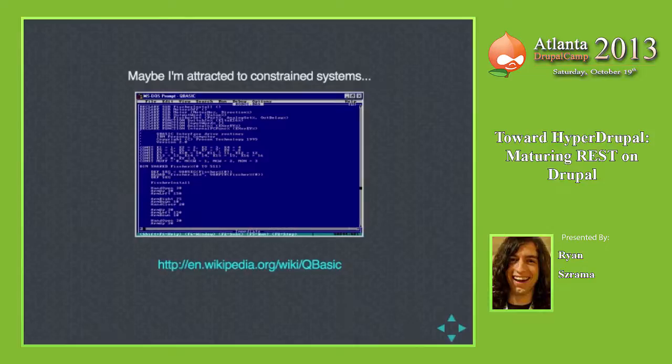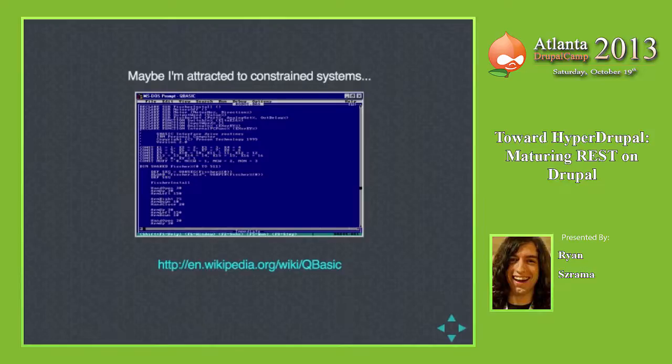But I am kind of attracted to the idea that if I have a set of constraints that I know about and that everybody else developing stuff knows about, you can apply your creativity and ingenuity to solving problems within those constraints. It's kind of fun. I like that limitation. But that's neither here nor there. It doesn't have a whole lot to do with the topic, except that REST itself is by definition a set of constraints that we're all working within when we build our APIs or even just run a web server.